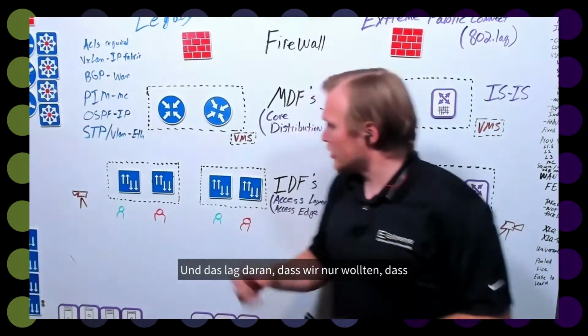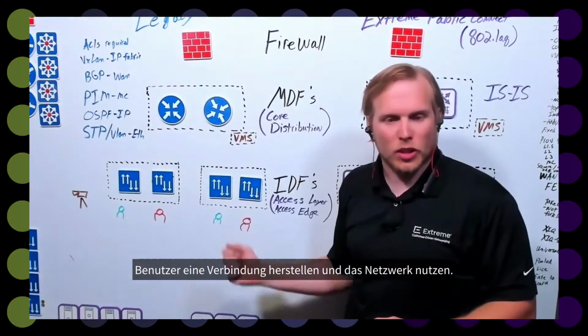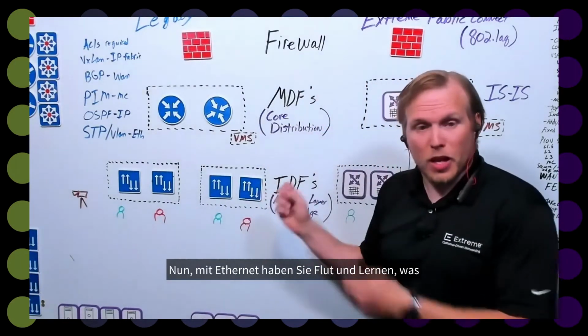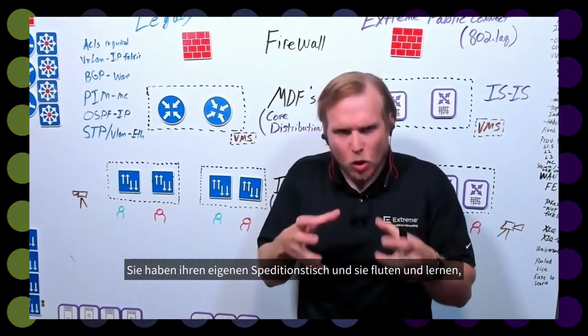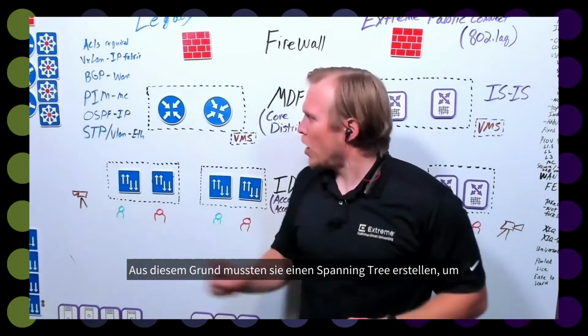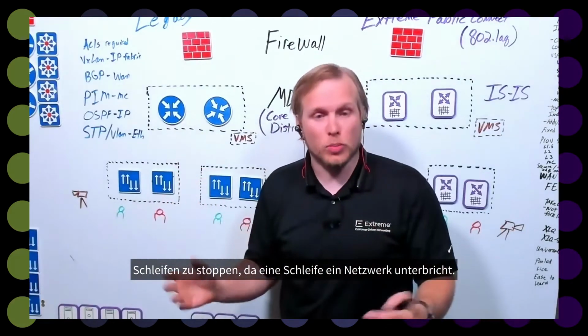And that was because we just wanted users to connect and start using the network. Security was an afterthought, as Chuck said. Well, with Ethernet, you have flood and learn, which basically means there's no coordination between the edge devices or any Ethernet switch in the network. They have their own forwarding table, and they flood and learn because they don't know where anybody else is. That's why they needed to create spanning tree, to create a way to stop loops, because a loop will break